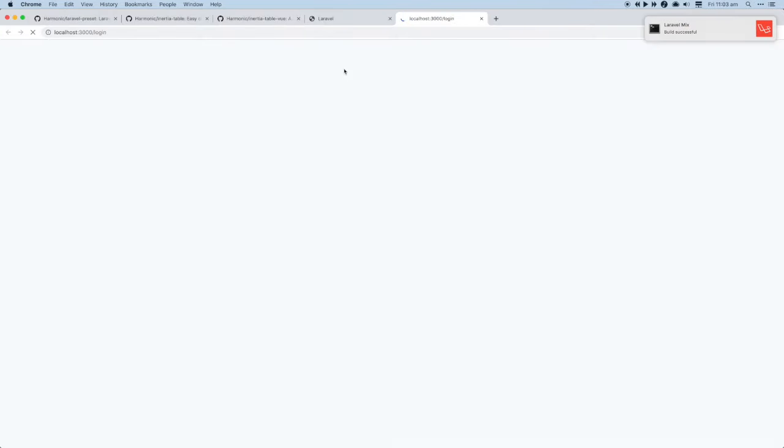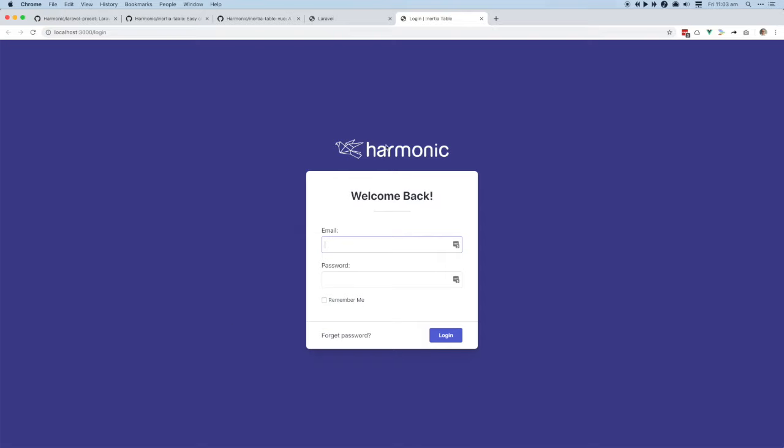Great, here we are on our login. So this is the theme that's been installed with the preset, which is based on the Ping CRM layout that is used for Inertia.js testing. And now we've got a functioning login screen. So if we log in there,